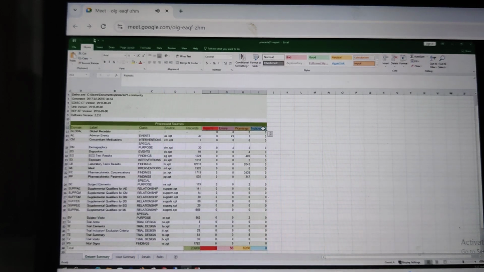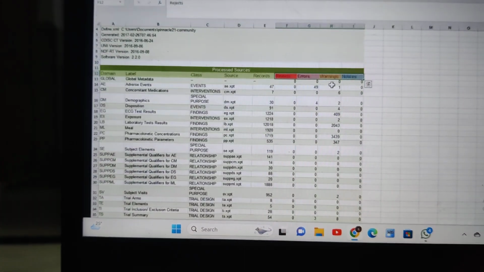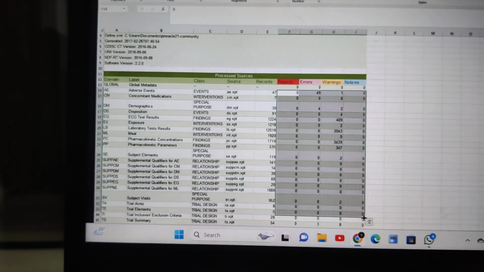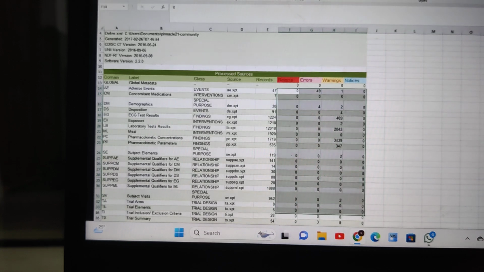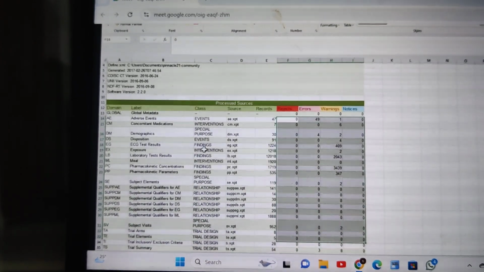Remember, for each and every dataset, how many errors, how many warnings, how many notices we have will be shown here. So this is the dataset summary tab. Here we can check how many datasets were run, what the configuration is, all these things. So the next is